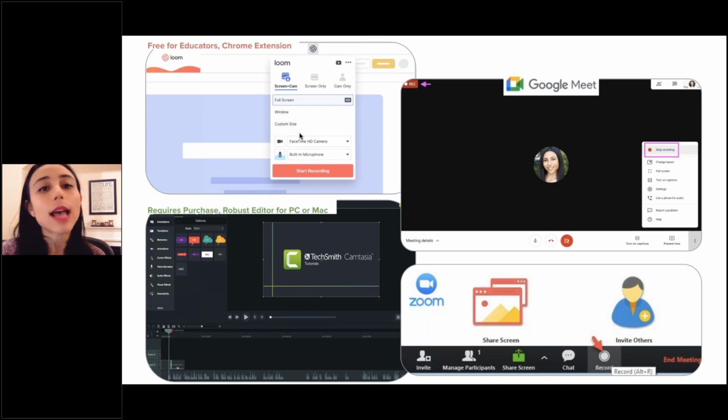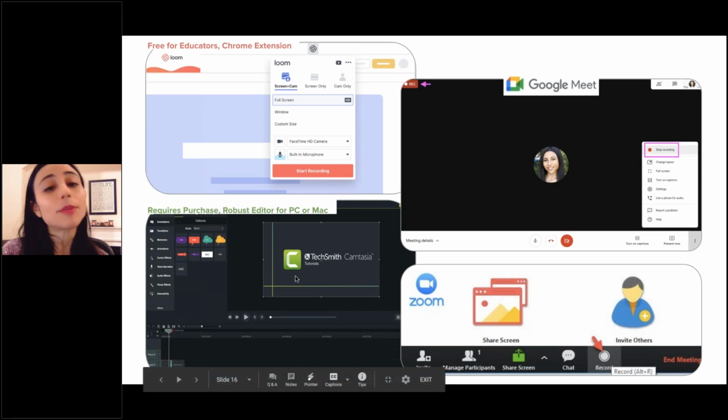So that does allow you to do both, like, the little video and your screencast at the same time, or you can just do the screencast. You get to choose what you want to do there: screen only, screen and cam, and you can record. Again, you can upload that to your Google Drive. You have some different options there.